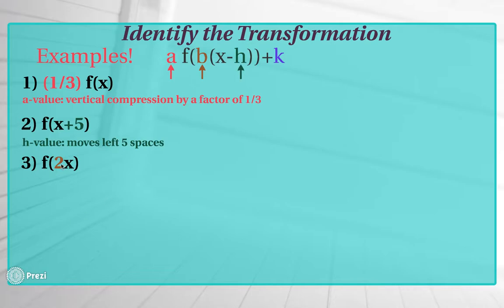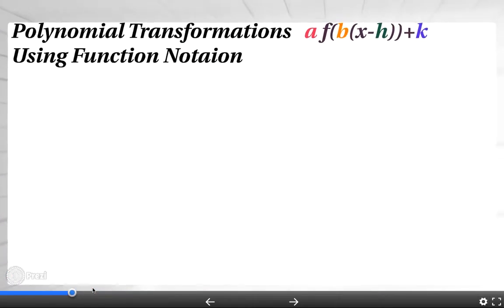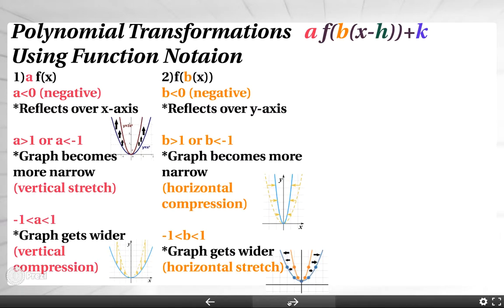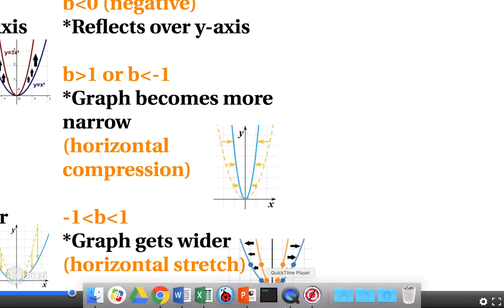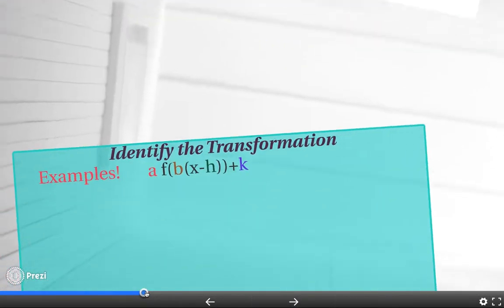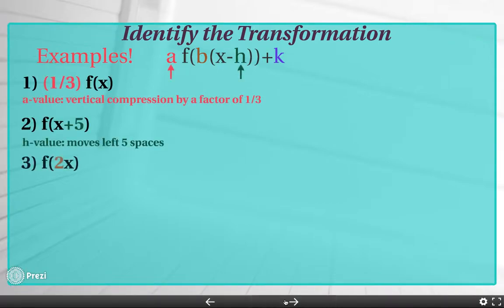Okay, and remember, when it's not a fraction, it gets skinnier. So if we're thinking, which way does the graph have to move to get skinnier, which I'll go back to here. Okay, to get skinnier, it's a horizontal compression because it moves inward. So if we look here, it's getting skinnier because it moves inward. So we are horizontally compressing. Okay, so this is a horizontal compression. Sorry, guys. This is a horizontal